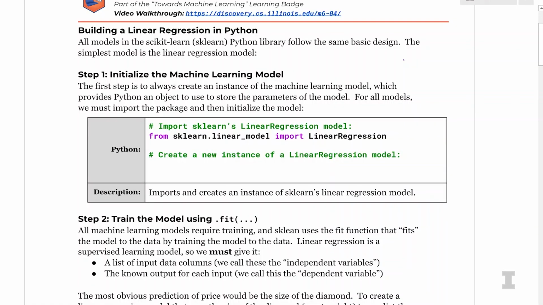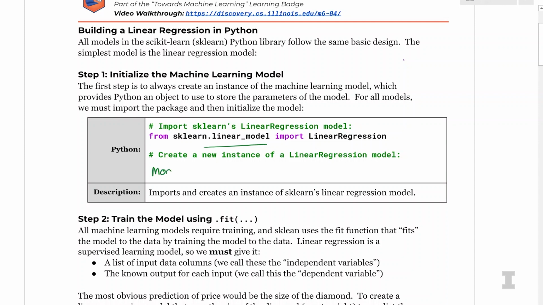So to do that, we need to do 2 steps. We need to import the right library from the sklearn library. And the second step is we need to actually make a new model, a variable called model. So the first step is we're going to use linear regression. And the linear regression model in sklearn comes from the linear model library inside of sklearn. So to import this library, we'll do from sklearn.linear_model, all lowercase. Then we're going to import LinearRegression with a capital L and a capital R. And this is going to give us the linear regression model inside of Python.